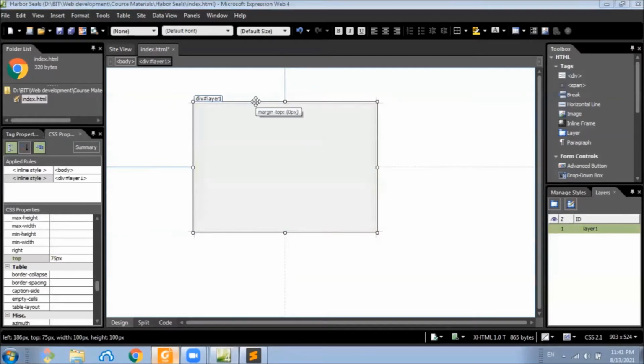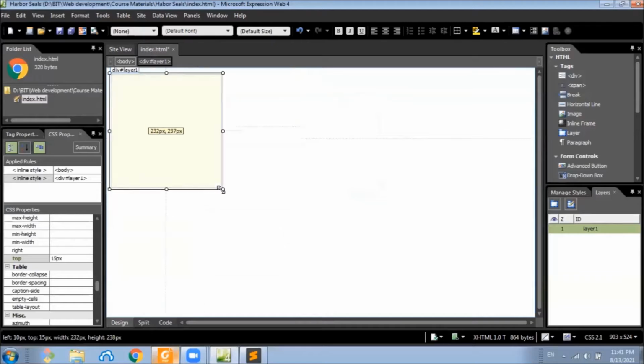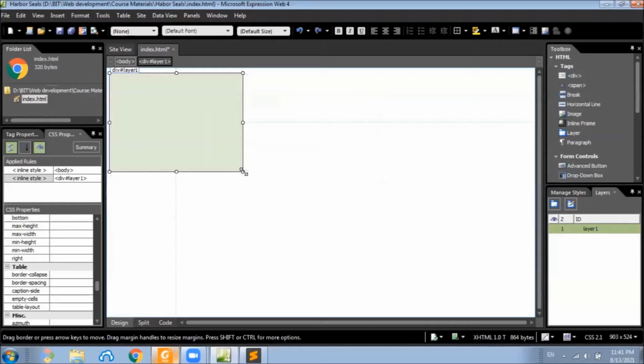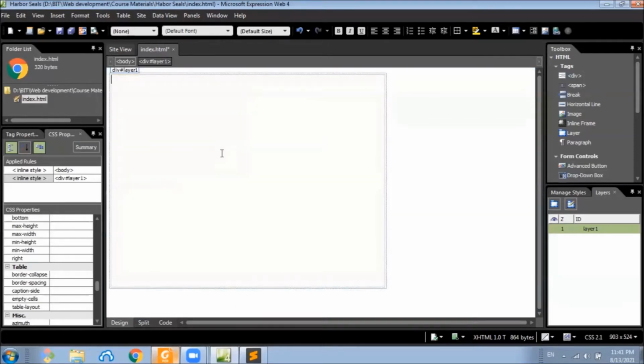Now we are going to put this layer somewhere around here and insert a picture into this layer. If the layer is bigger than the picture that we are going to insert, let's see what will happen.